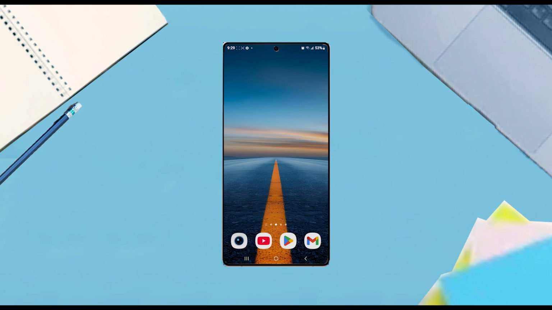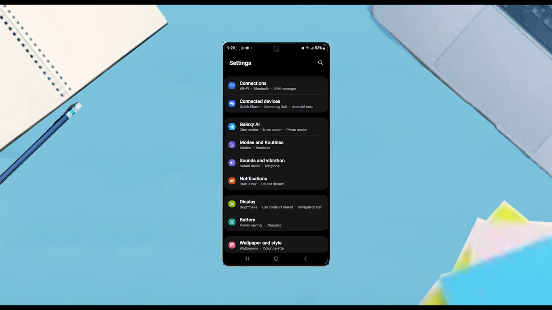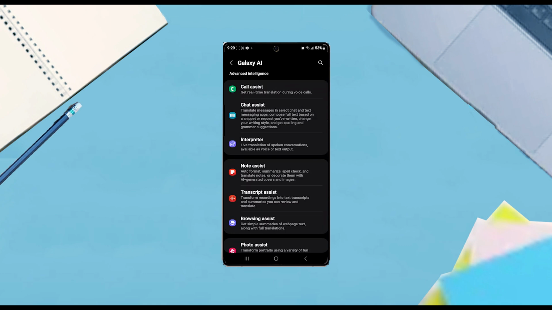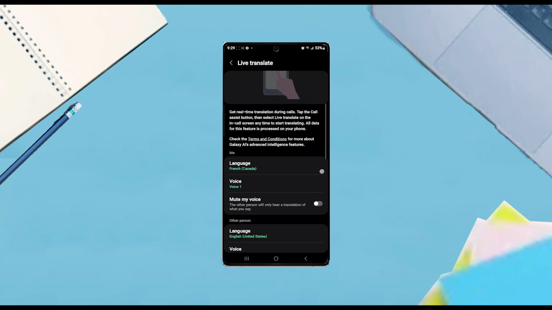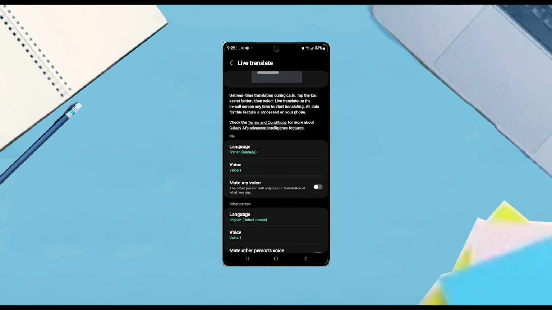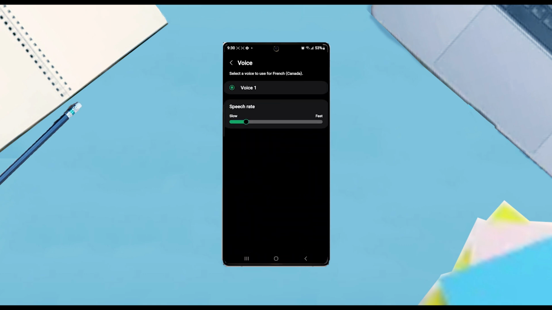So if you want to change the voice for live translate on your S25 device, it's pretty easy to do so. What you want to do is actually jump into your settings. Once you're in your settings, you want to scroll down and look for Galaxy AI, and then from there you want to hit Galaxy AI. From there you want to hit Call Assist, and then you'll be taken to the live translate menu. And then from there, what you want to do is hit Voice, and you'll be able to change the voice or change the speech rate on your